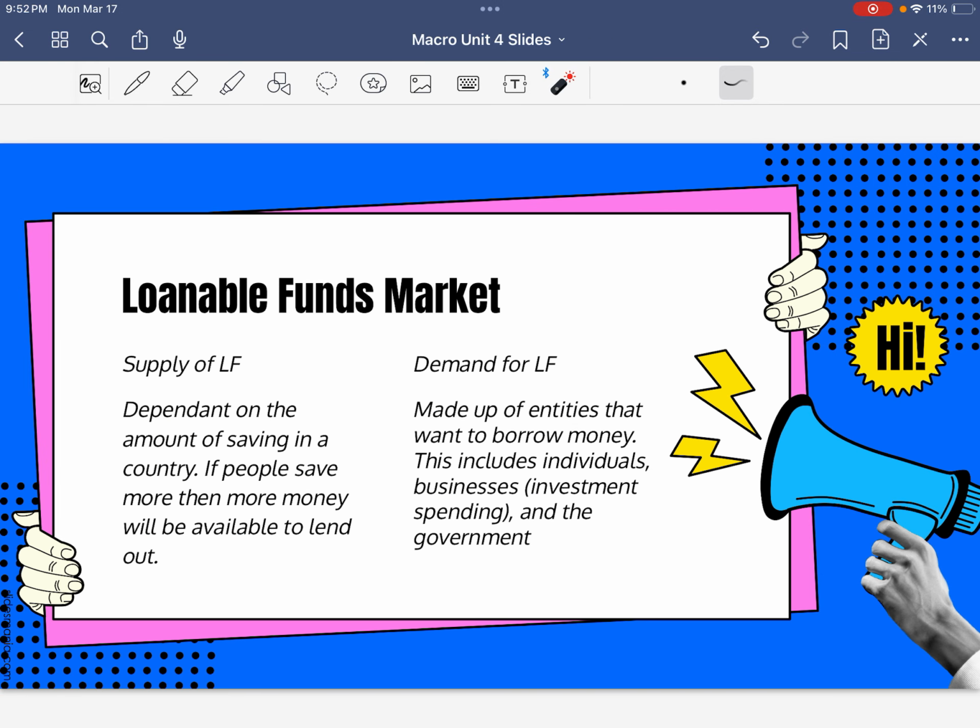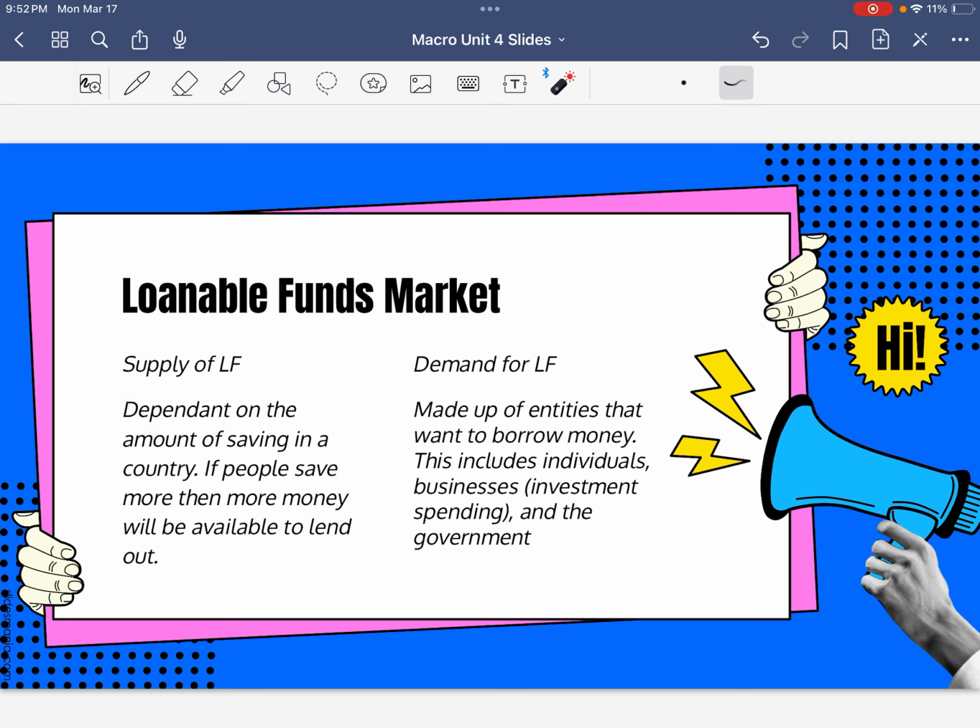All right, so here's where I'm talking about what is in each curve, and I'm going to get even more specific here in a second. The supply of loanable funds is basically dependent on you and me putting our money in a bank. It's dependent on the amount of people saving money in the country. If we save more money in a bank, we take our money, we put it in a checking deposit or a savings deposit in the bank, then all of a sudden the bank has a large supply of loanable funds, more money